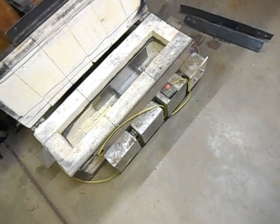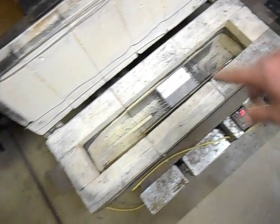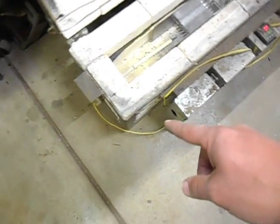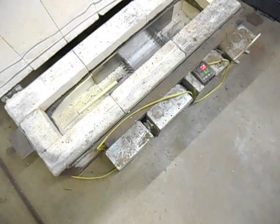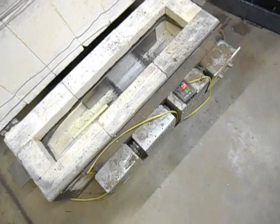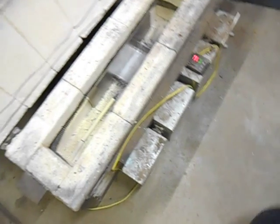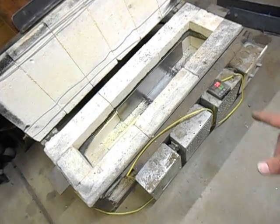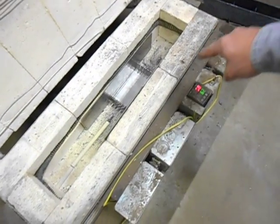I'm not even too sure, I've never done a video on this before. In case I haven't, it's just a whole bunch of the soft fire bricks. There's 6 laying down in the bottom. The frame is just bed frame. You can find that at salvage yards and thrift shops, and along the side of the road an awful lot of the time. It's about 1/8 of an inch thick, which makes really good light duty angle iron, pretty much. So I just welded up a frame, put 6 bricks on the bottom, and then 3 bricks on either side,